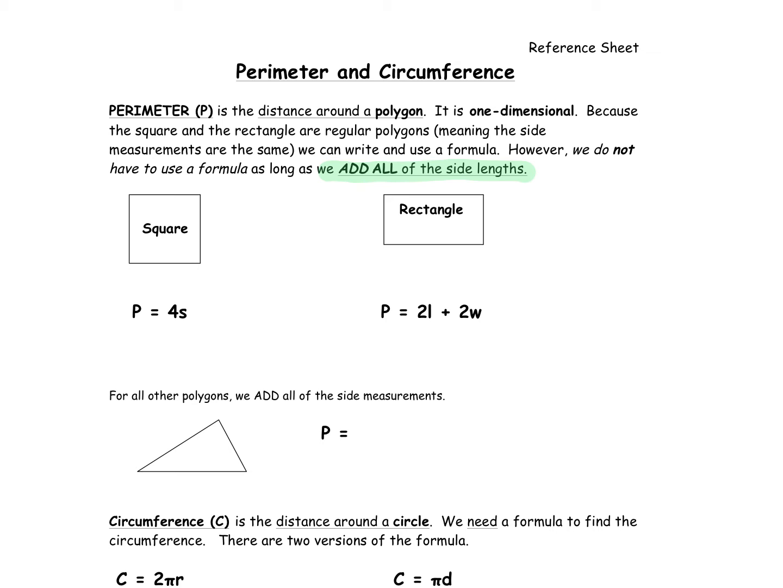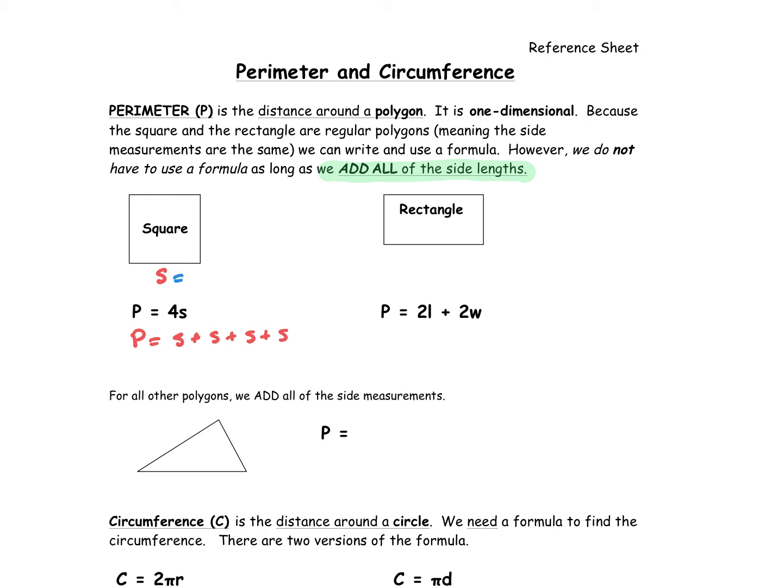If you recall, a square has all the side measurements the same. So that means for every square, we could just take 4 times whatever side length they give us. However, if you don't like using that, you can put side plus side plus side plus side. So if we use the formula, it would look like this. We would say, okay, let's call this side length,